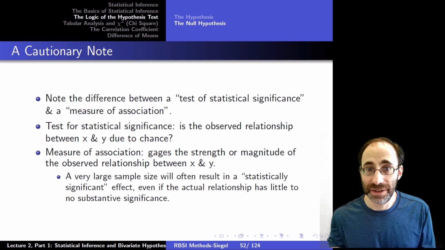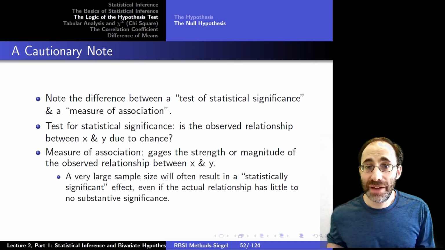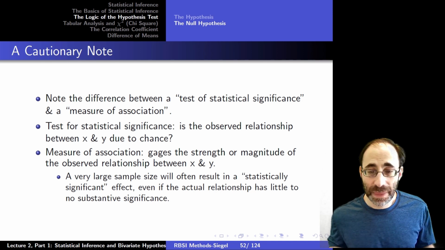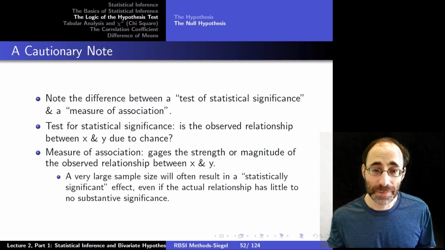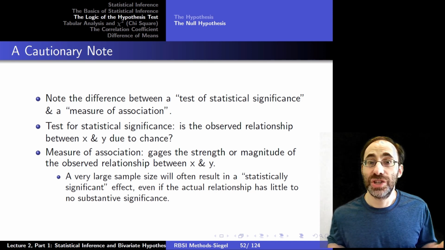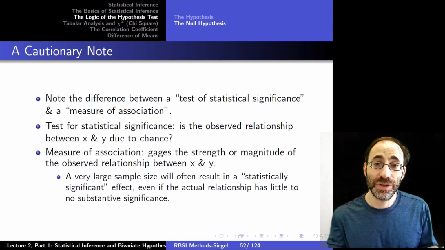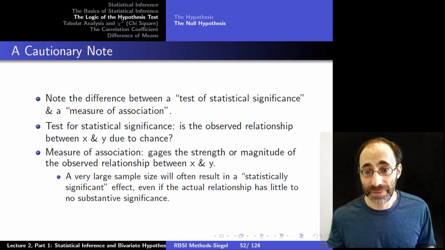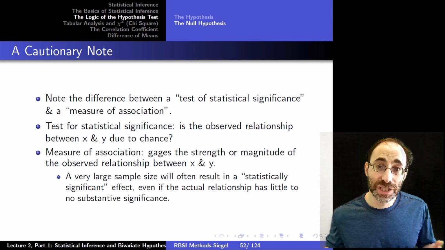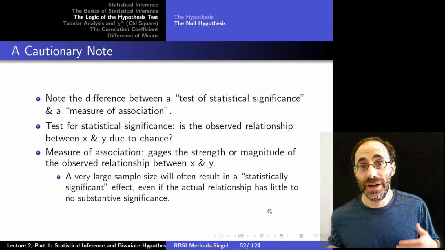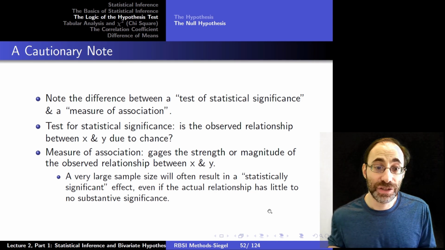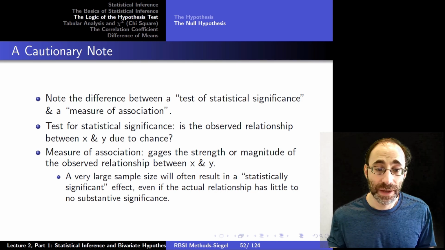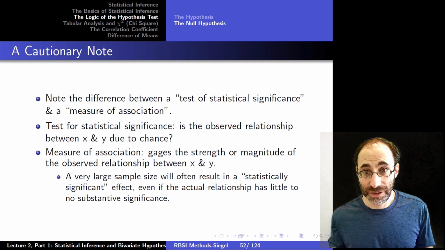There's barely significant statistically. In contrast, you might have a situation in which you're looking at a treatment control group that differ only infinitesimally in terms of their outcome variables you care about, and yet because your sample size is so big, you get strong statistical significance attached to the difference between the two groups when, well, again, the groups don't differ substantively almost at all. That's entirely possible. So measures of association get you substantive importance. They gauge the strength and magnitude of the observed relationship between x and y, but not the significance, although they're related